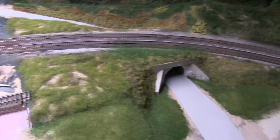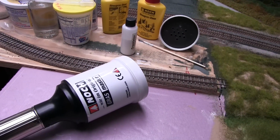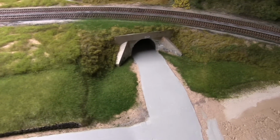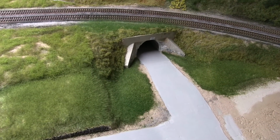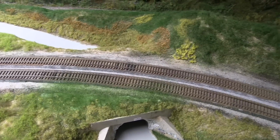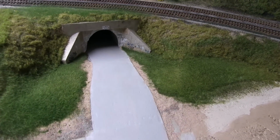And then just this evening I got some of the static grass out and my Noch Grassmaster. I know you can build your own, but I had this from the last layout, so I used it and put some of the static grasses in here, different lengths and different varieties mixed in. Put some out there by the track. I'm letting that dry before I come in there and vacuum it all up. But I wanted to have that look